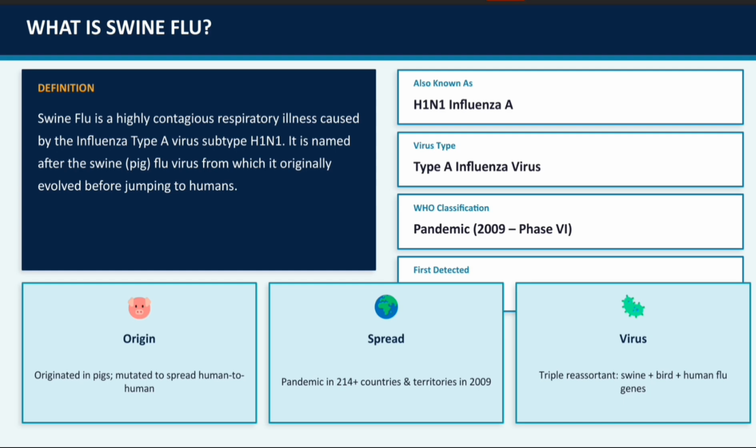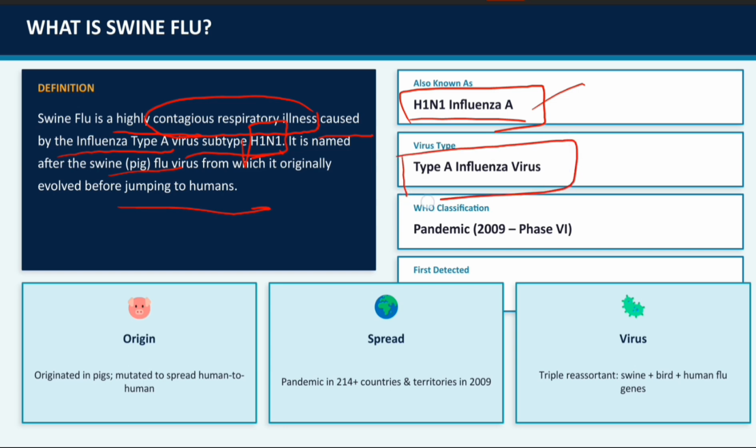So what is swine flu? Swine flu is a highly contagious respiratory illness, and it is caused by influenza type A virus, subtype H1N1. This virus originally comes from pigs, or swine, before it jumped to humans. So swine flu is also known as H1N1 influenza A, and the type of virus is type A